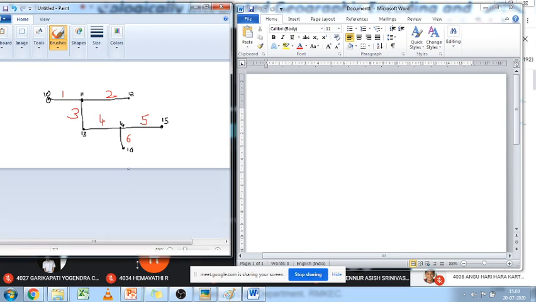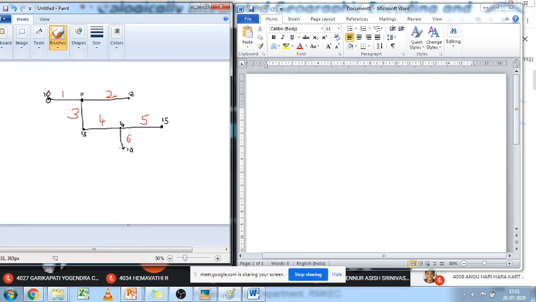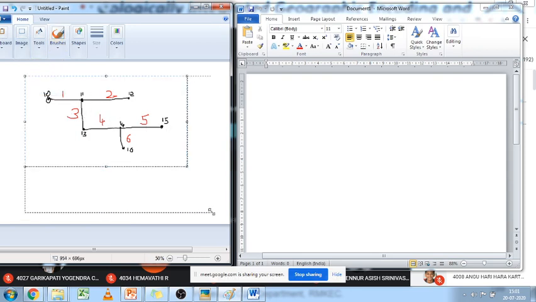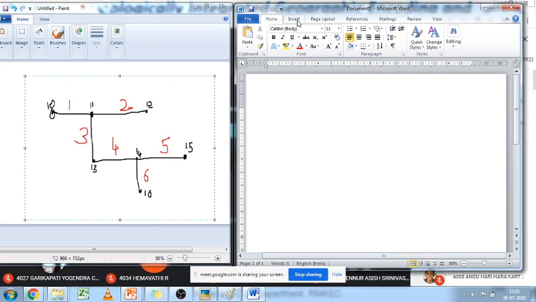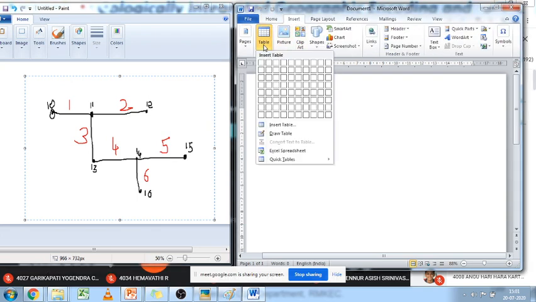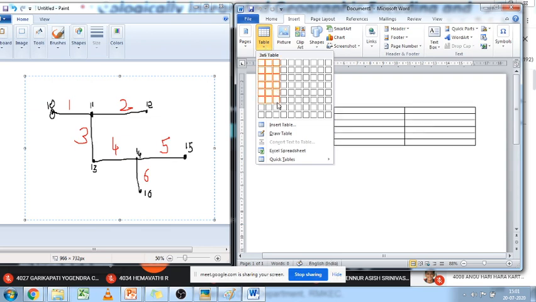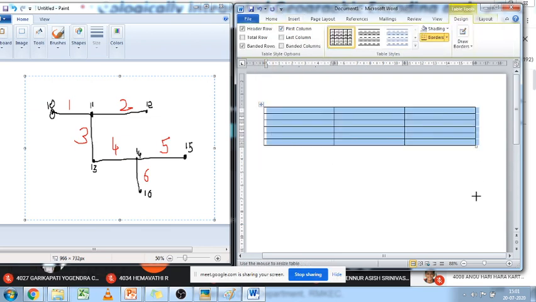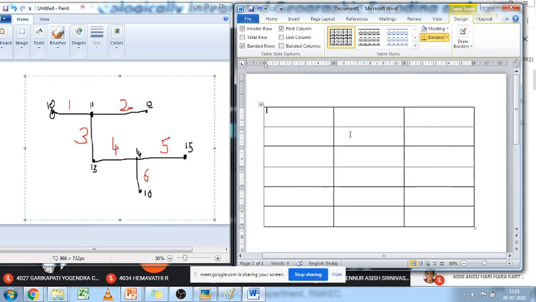I hope you guys can see the diagram. Now I will show you how this is represented in a table structure. Let's assume the first column is for arc. Everyone please listen carefully. Then the second one will be the from node and to node. It's actually very simple only. I hope it's visible.